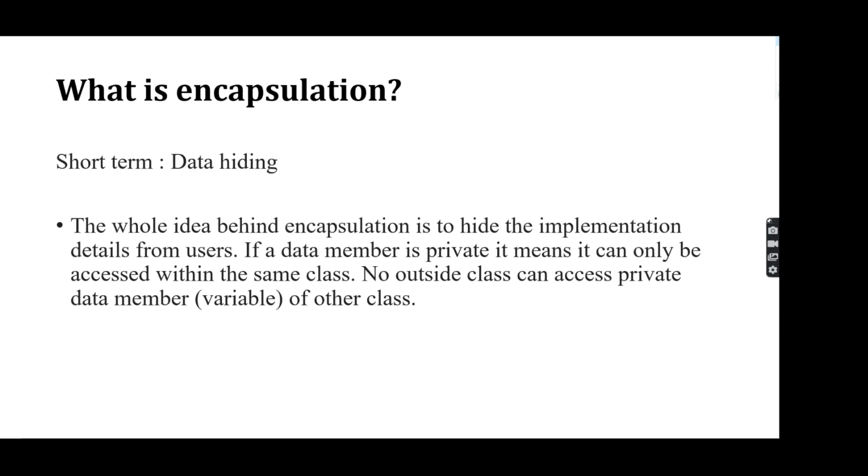So what is encapsulation? Capsule. You can remember that capsule. Inside a capsule, it looks like a tablet, right? It hides the chemical components, right? In that way, in short, we call it data hiding. This is a very useful concept that we implement everywhere in automation frameworks. Why? To hide the implementation details from users. This is very important, right?